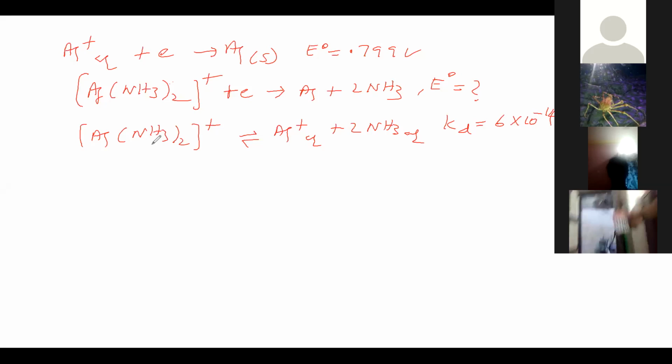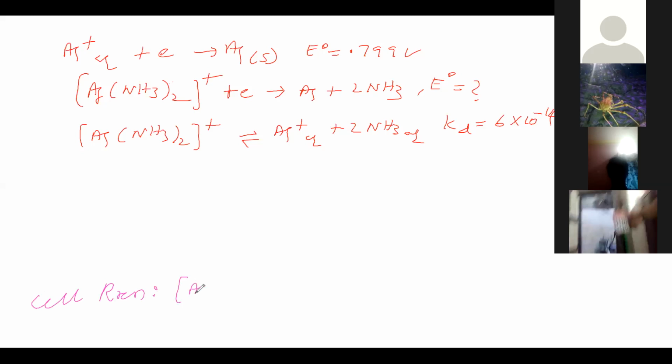Anodic half reaction means the electron should be on the right side. Cathodic half reaction means the electron should be on the left side. Cell reaction means on either side the electron should not be present. So you are saying that since the electron is not present on either side, it is the cell reaction. Okay, so you got an idea: cell reaction.